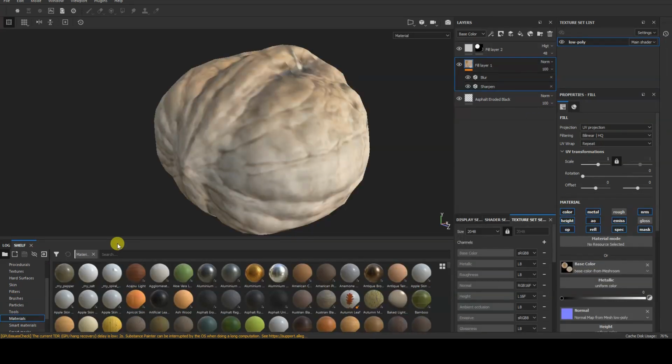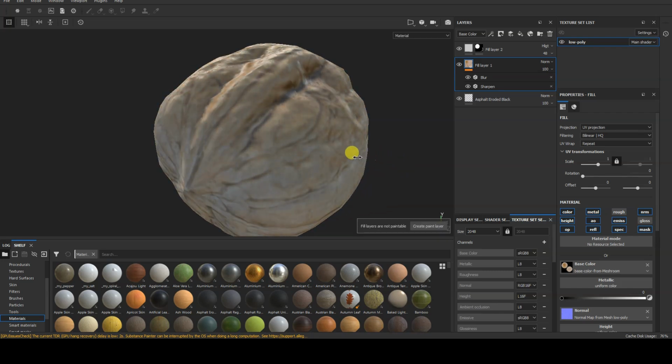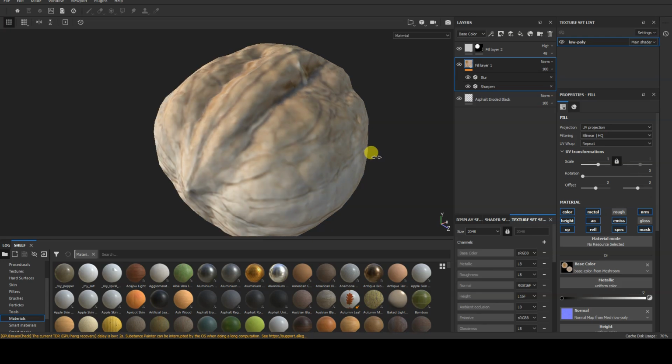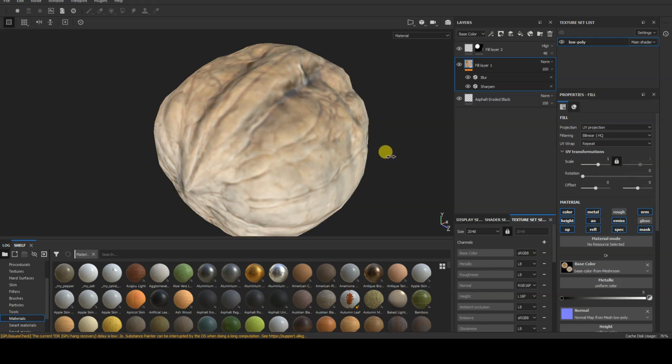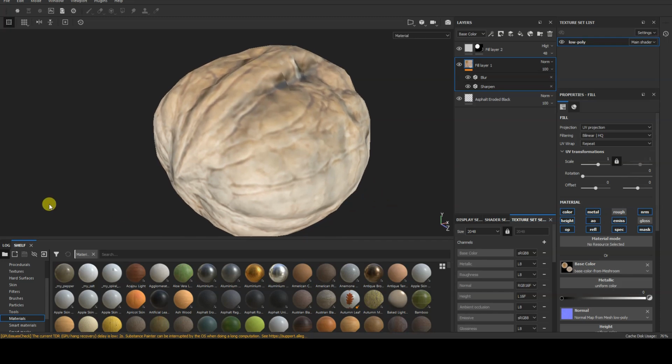Two other tools that can be used in this phase are Smudge and Clone, which allow you to blend or clone parts of the materials respectively. I said they can modify the materials, not just the colors, because these brushes actually affect all the channels they are enabled for, not just the color channel. This means they also allow us to modify the roughness and normals of the affected areas.